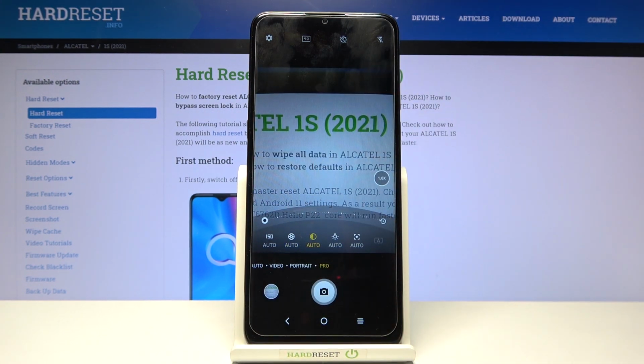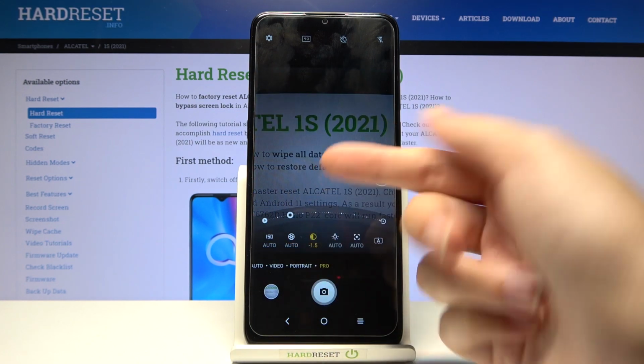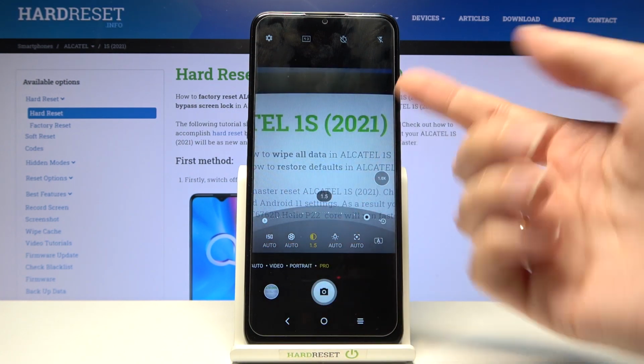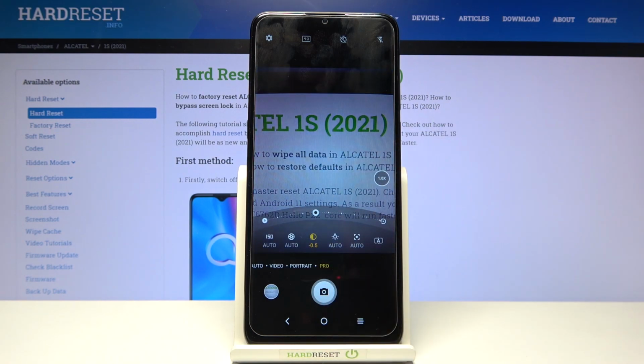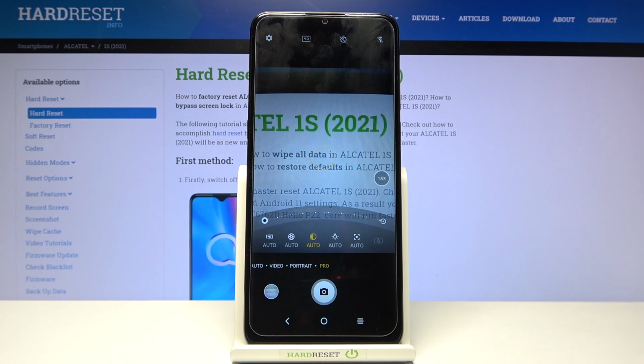Now let's move to the next option, the exposure compensation. Here we can manage the light of our picture. By using this slider, we can make our photo darker or brighter. As you can see, we can of course easily go back to auto exposure compensation by sliding to the left,